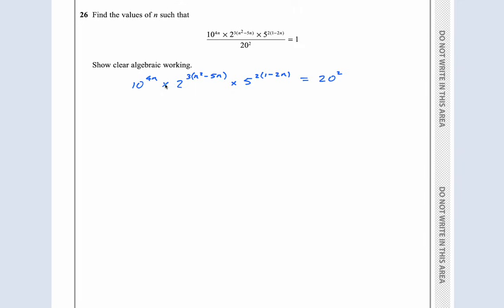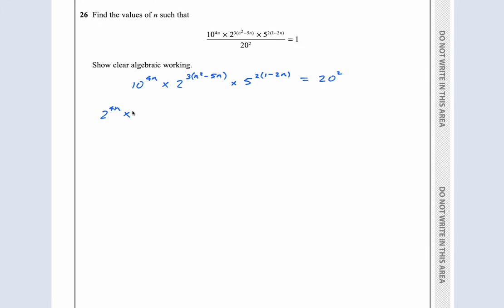I can't join these together. What I can do, however, is split everything up into its prime factors. So what I can do is say, well, 10 is 2 times 5. So 10, this is the same as 2 to the power of 4n